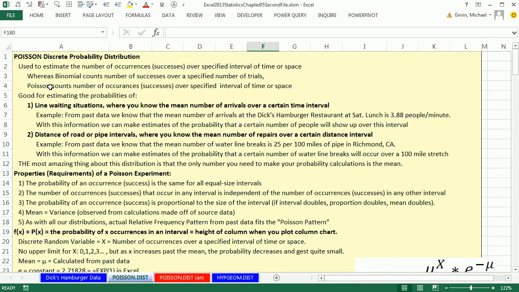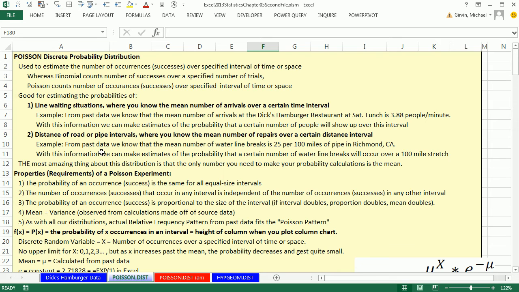And you want to think about this. Whereas binomial counts the number of successes over a specified number of trials, Poisson counts the number of occurrences or successes over a specified interval of time or space. Good for estimating the probability of line waiting situations where you know the mean number of arrivals over a certain time interval, or